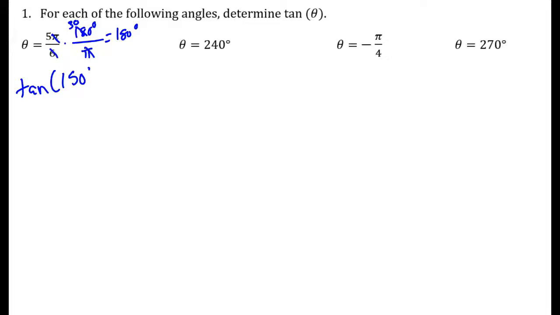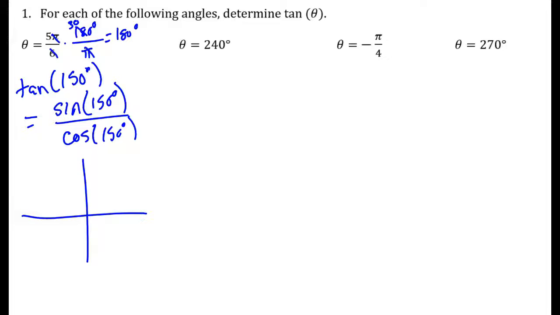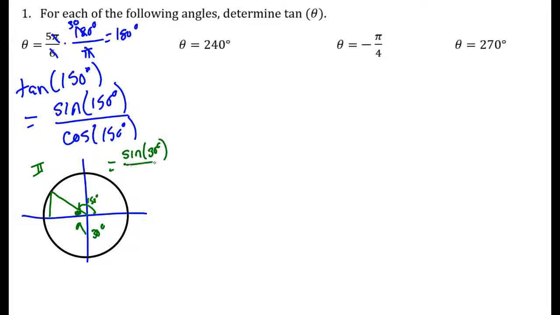So the tangent of 150 degrees, well, tangent is sine over cosine. The sine of 150 over the cosine of 150. So 150 degrees, let's draw a unit circle. I clearly land in quadrant 2. I spun 150 degrees. If I keep going, that gives me another 30. Well, sine is positive in quadrant 2, but cosine is negative in quadrant 2, so we want the negative